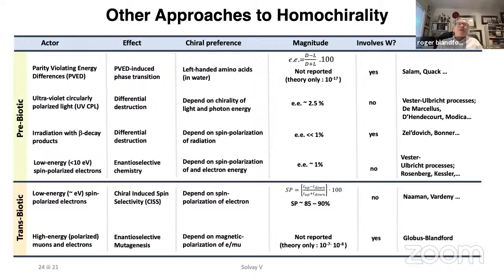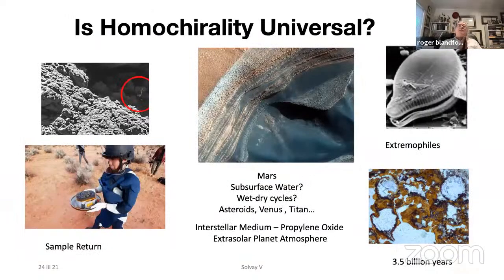Okay, one of the big tests of this, of course, as I already alluded to, is if we say it's cosmic rays, which are everywhere, which in a causal sense will always determine the chirality of living organisms, it should be universal. If this is the case, it's always the same cosmic rays that are doing the job, and so far, of course, we only know about the chirality of living things on Earth.